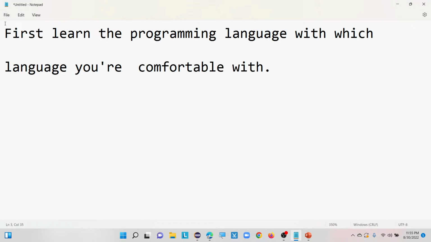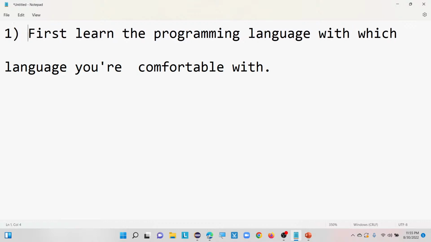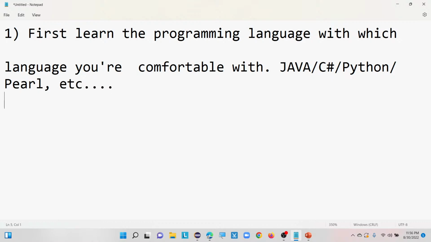First step here: learn the programming language with which you are comfortable, be it Java or C sharp, Python, or Perl. Likewise we have many more. Till now we will cover Python or Perl. First learn the programming language you are comfortable with, because